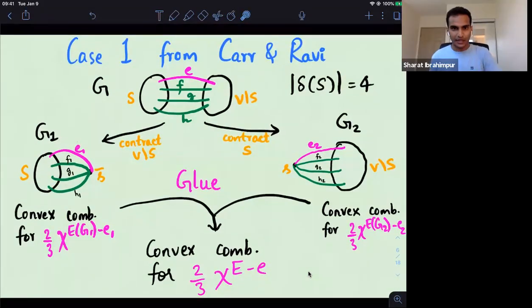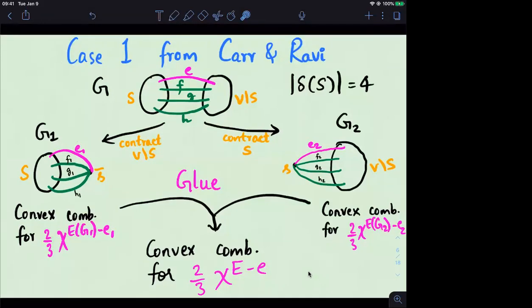So let me elaborate more on these 2 cases. In case 1 of Kar and Ravi, this is the easier case in their paper. Here we have a tight cut that contains the edge E and 3 other edges F, G, and H. So what we do here is we obtain 2 smaller instances. In the left instance, we contract the right shore V minus S to a singleton vertex